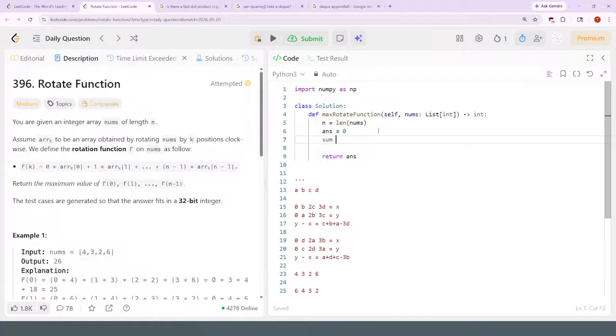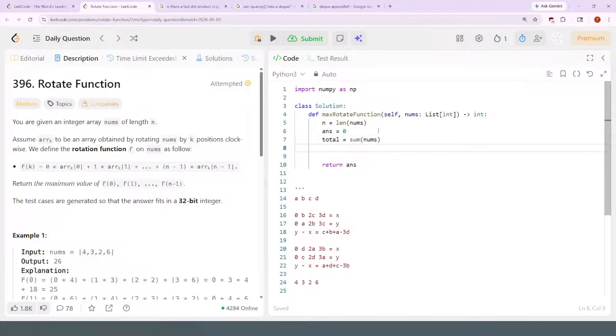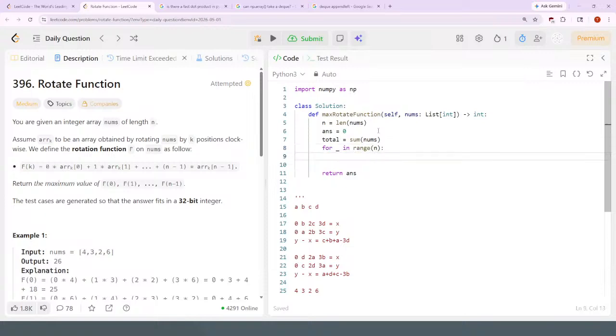I do need the total, which is going to be the sum of nums. I do need that. And then I need to calculate the initial value, so for every k in range n, answer plus equals